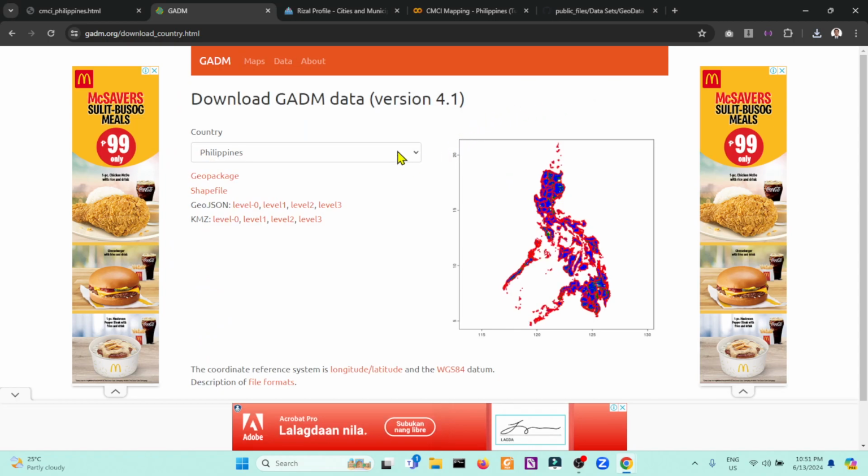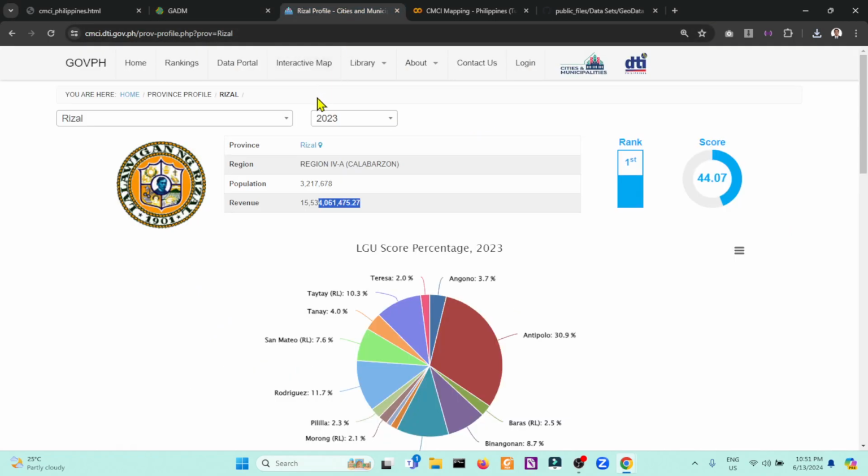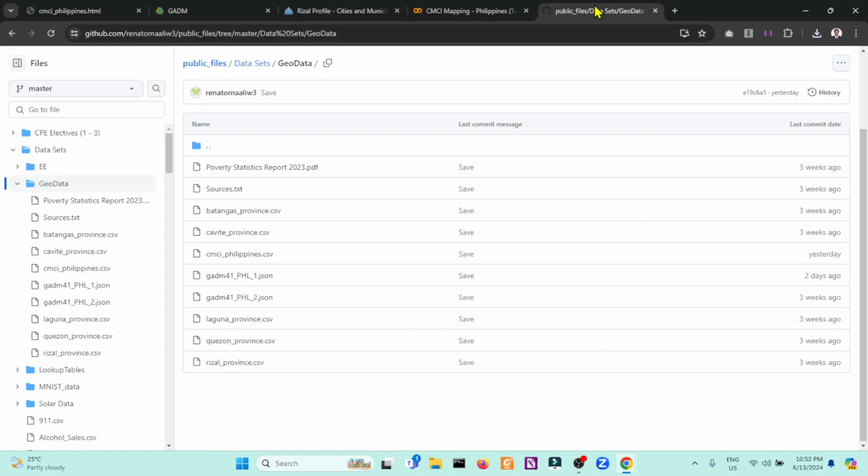So another one, I manually downloaded each detail. So for this example, Rizal, situated in region 4 Calabarzon, its population and its revenue. So I have created a CSV file and hosted it in my GitHub account.